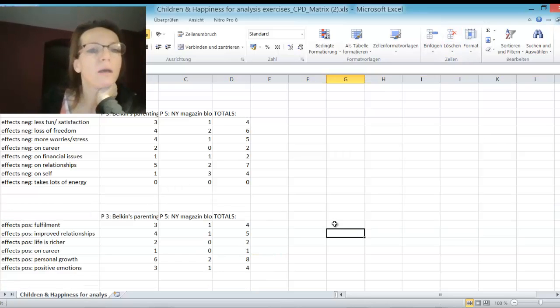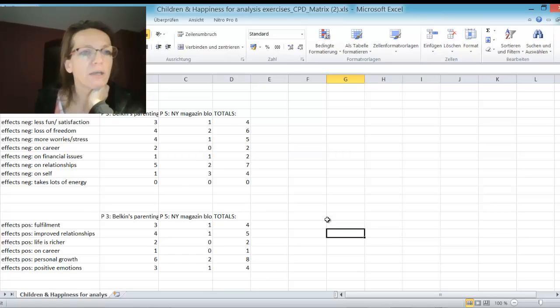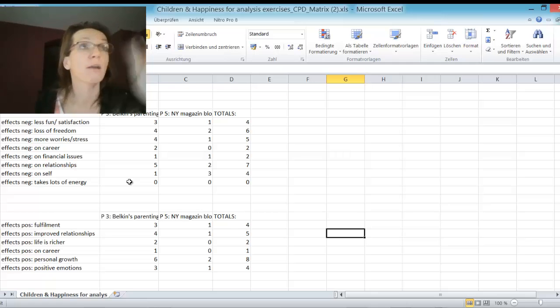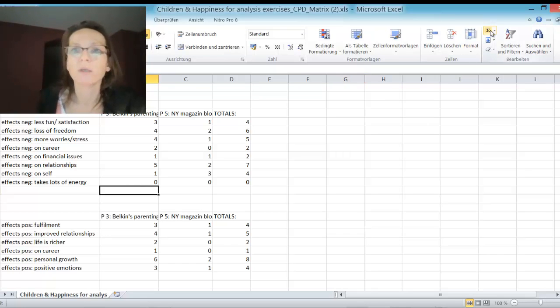So now I can have it better in view, the positive and negative aspects. So this is what was written on the Belkin's blog, and remember it's a small sample project, so we don't have very big numbers here. If I calculate the sums again,